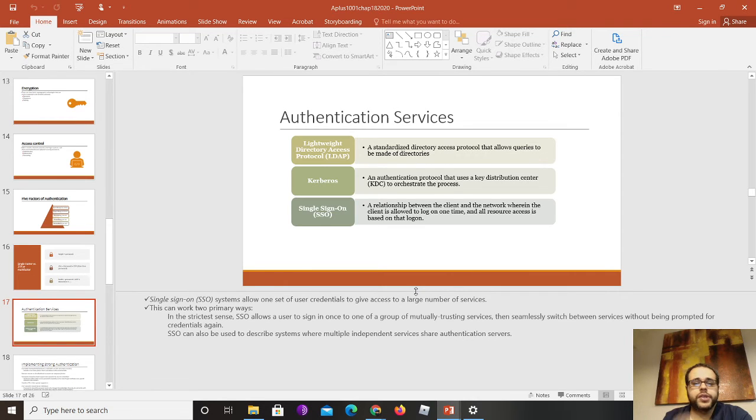Single sign-on is basically a relationship between a client and a network wherein the client is allowed to log on one time and has access to all the resources based on that logon. Now, one thing that is tied to single sign-on is trust between these different systems, because single sign-on is not going to be using just your organizational resources.